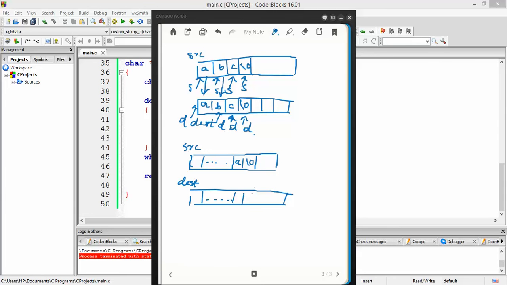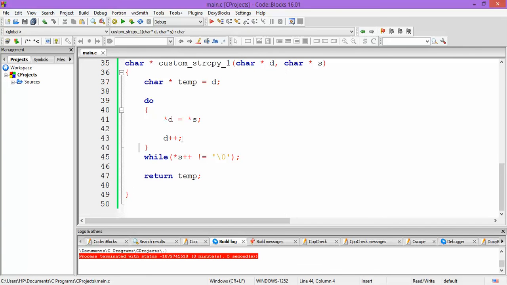and say s is pointing to this location and d is pointing to this location. Now within this loop asterisk s is assigned to asterisk d.